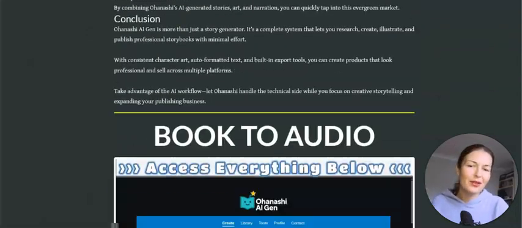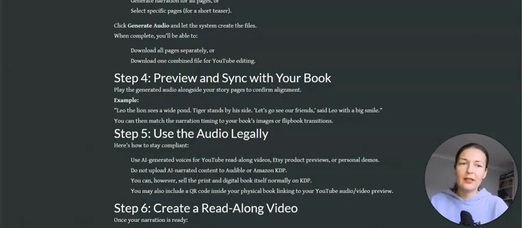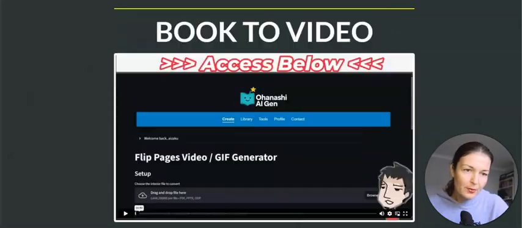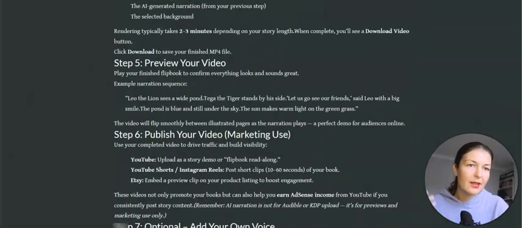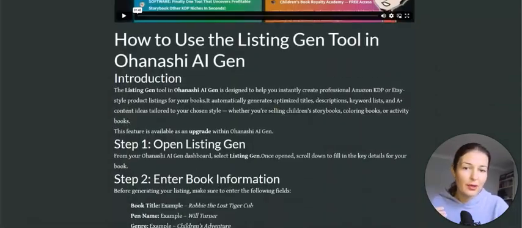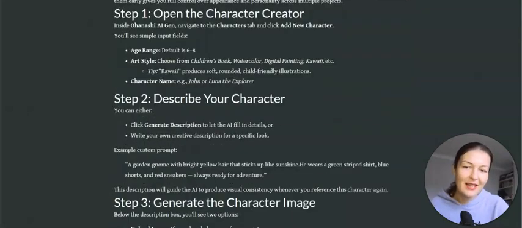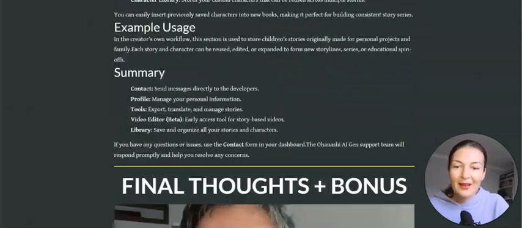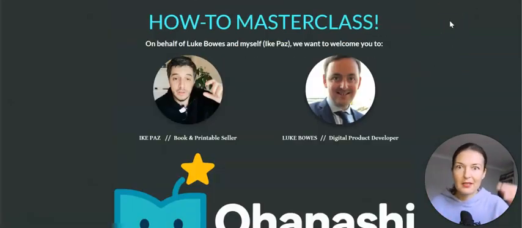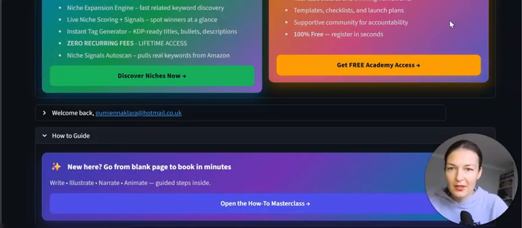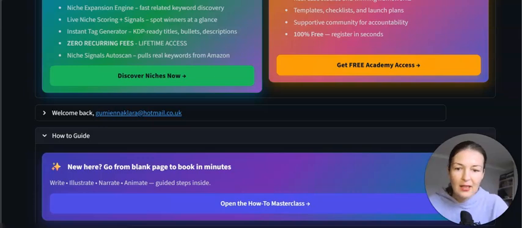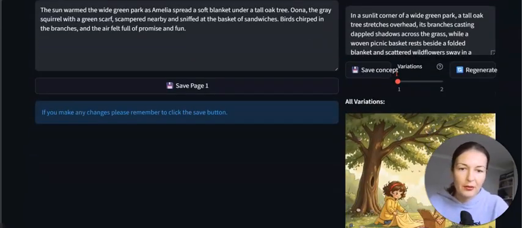You have everything written down, all the metrics, what needs to be done and how, to be successful with your story generation and publishing them. I'm not going to sweat over how much content is in this masterclass. You watch it as you get the software, go through the masterclass first, and then put it into action.